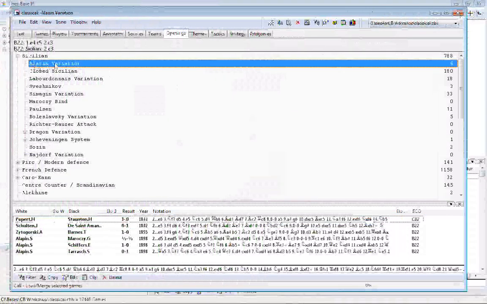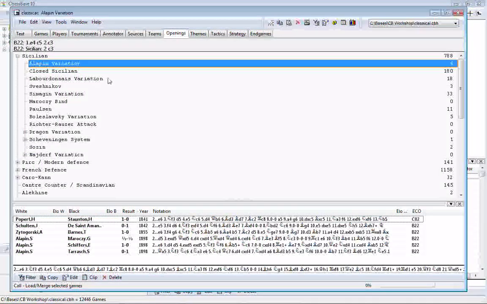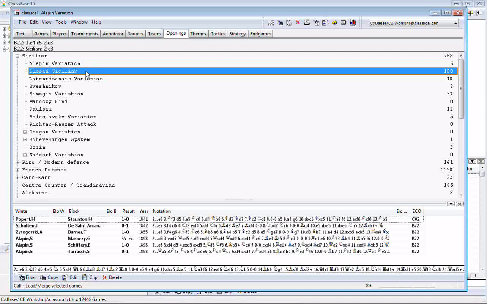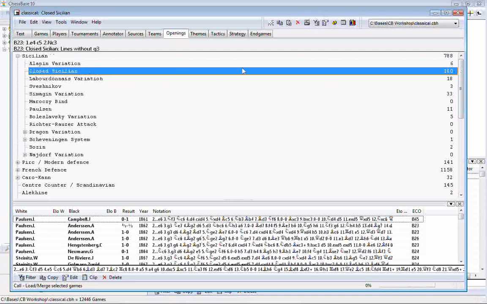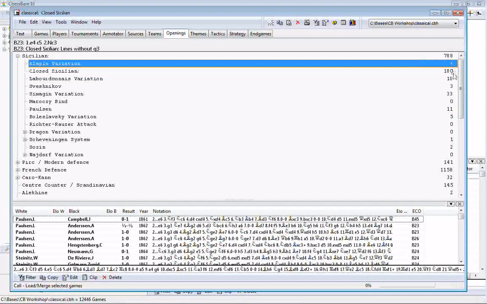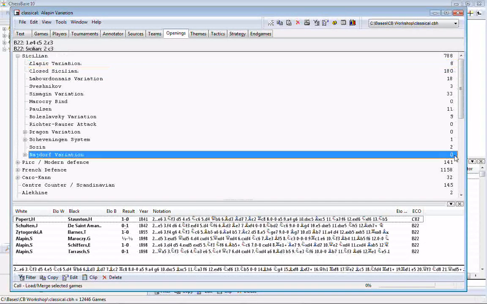As always, here's the name of the opening, here's the number of games that use that opening. Closed Sicilian, there's 180 of them. Got the name of the opening, over here the number of games. However, what's interesting is if you add up all these numbers, under Sicilian, down to here, it does not add